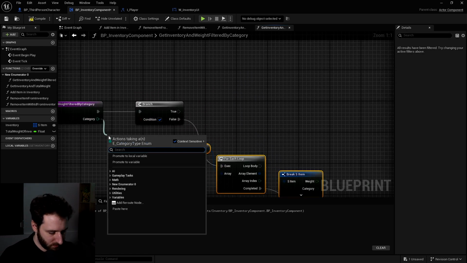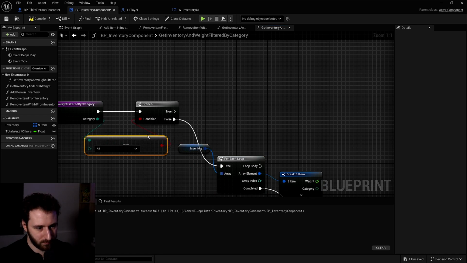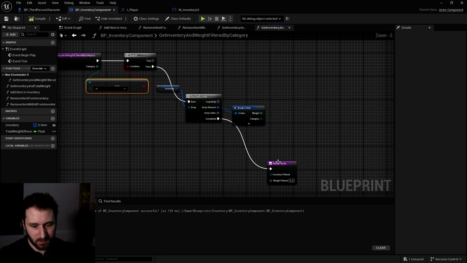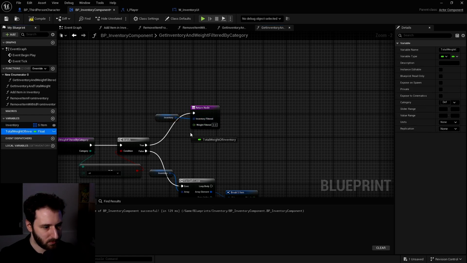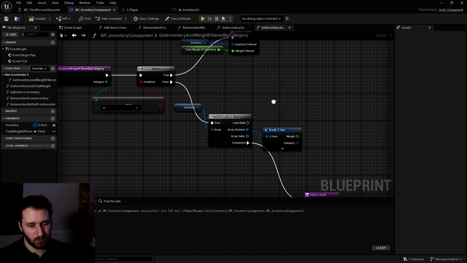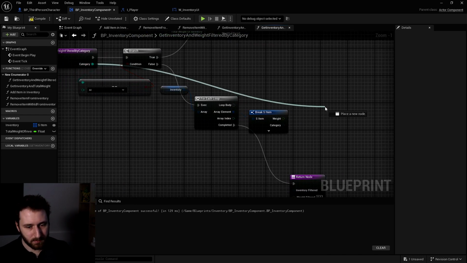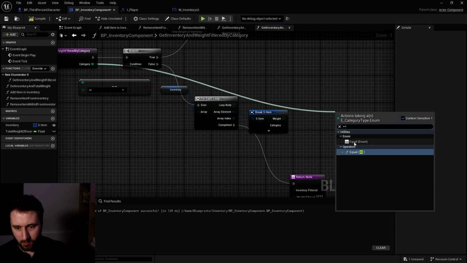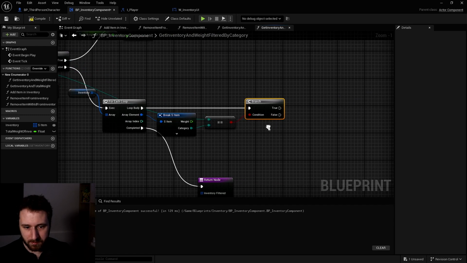If the category equals enum in here, all, and in here we can just return our inventory and the total weight. And in here, if it's false, we don't want all of the items. We check if the category is actually the same. So we do an equals enum in here. If it's the same, tac, we'll add that to a local variable.